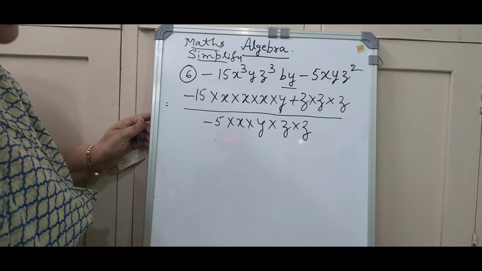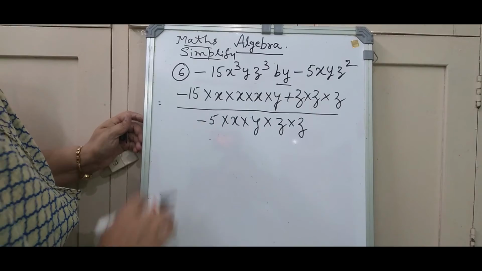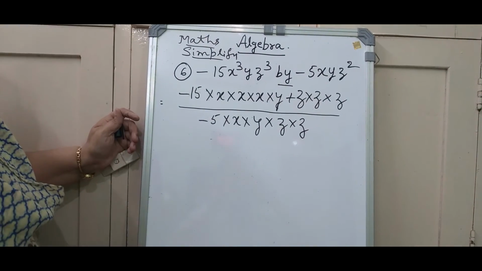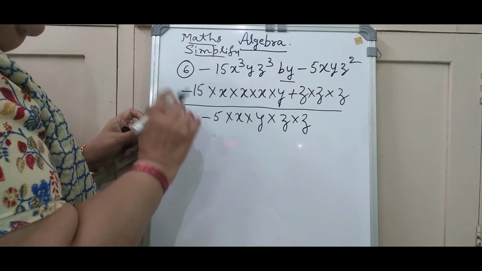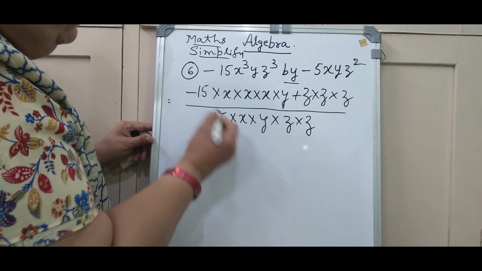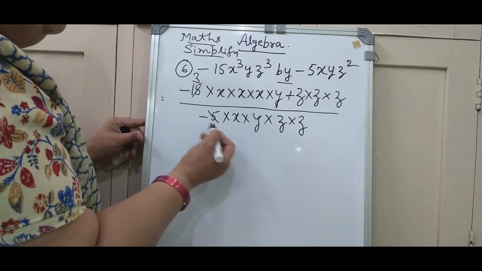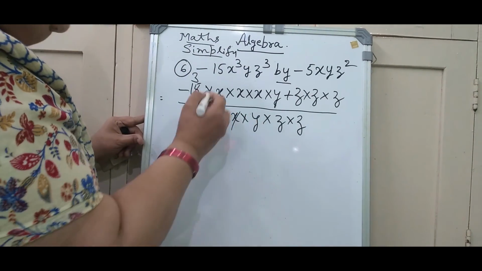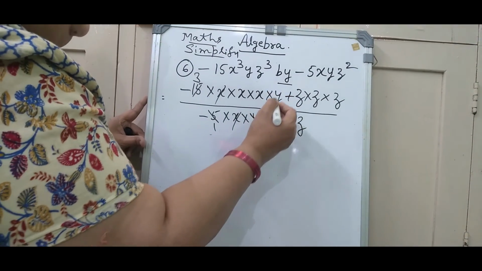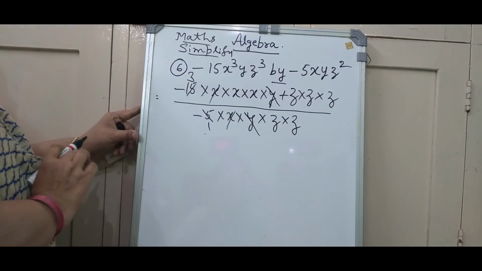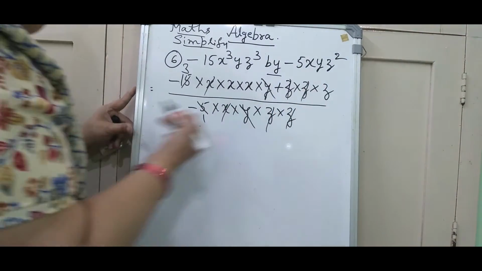Don't do anything for that now. I told you according to the indices, minus divided by minus will be plus. This minus and minus will be waived off. So we can consider the answer as the positive answer. So don't do anything for that. Let it be like this only. Next, 5 ones are 5, 5 threes are 15. Let me cancel the numbers, that is the numerical terms. And again algebraic term, only one x is there, we can cancel. Again one y is there, again one more y, let me consider here. And again z and z can be cancelled, one more z can be cancelled.